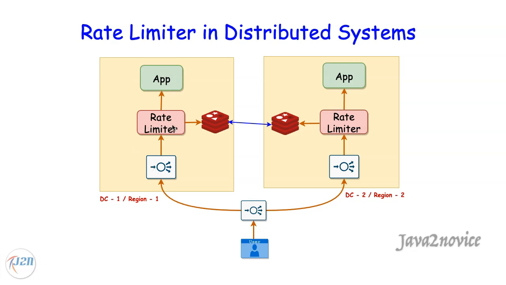Rate limiters can be part of your application itself or they can be external too, depending on your application architecture. Assume that rate limiters are using Redis here. We have enabled bidirectional replication between these two Redis instances. Also assume that both regions are working in active mode. Both regions are serving active traffic. What problems do we see in rate limiters with respect to distributed systems?